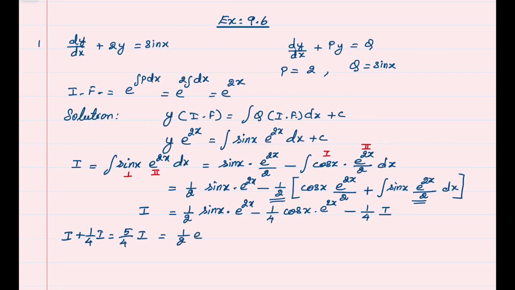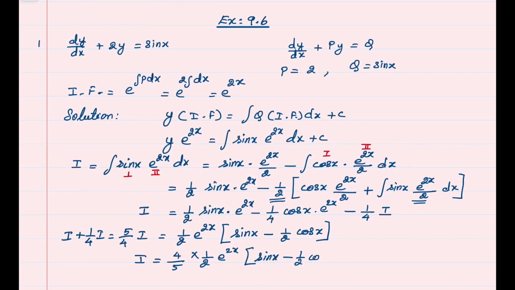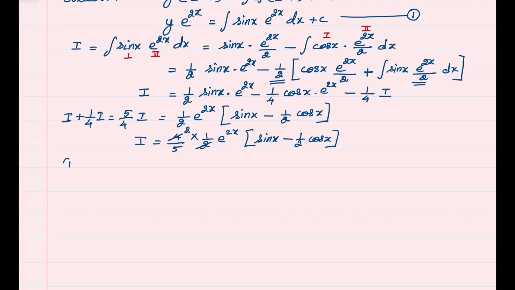Half into e raised to 2x is common, sin x minus half cos x. Therefore, I is 4 by 5 times half e power 2x times sin x minus half cos x. Now we will substitute this answer in equation number 1. Therefore, equation 1 becomes